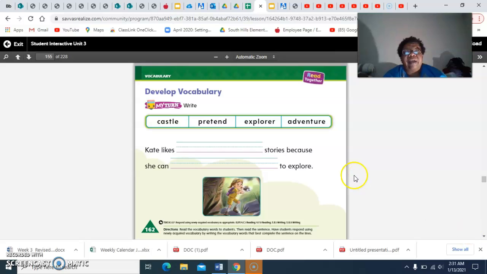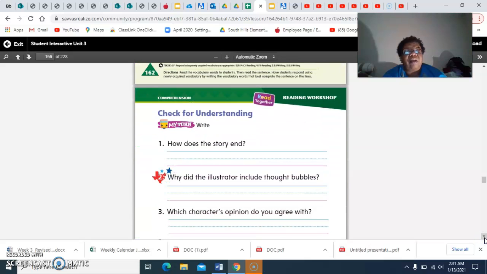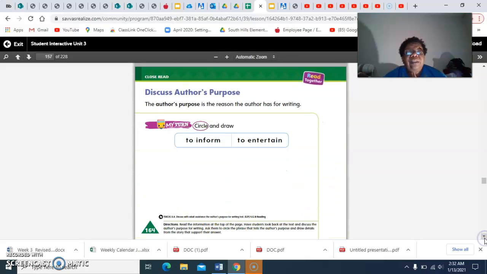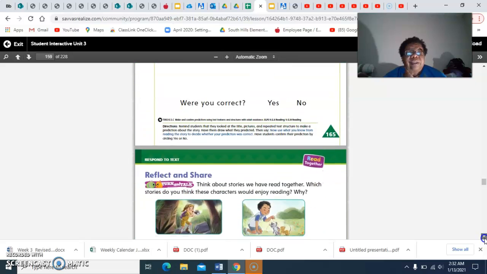Then you have here your vocabulary words that were in the story. It has a sentence and it has an empty blank for you to fill in. And they're calling these thought bubbles. So when you see the little cloud above their head, they're calling them thought bubbles. That's just what they're thinking about. So you have a few questions to answer about the story,